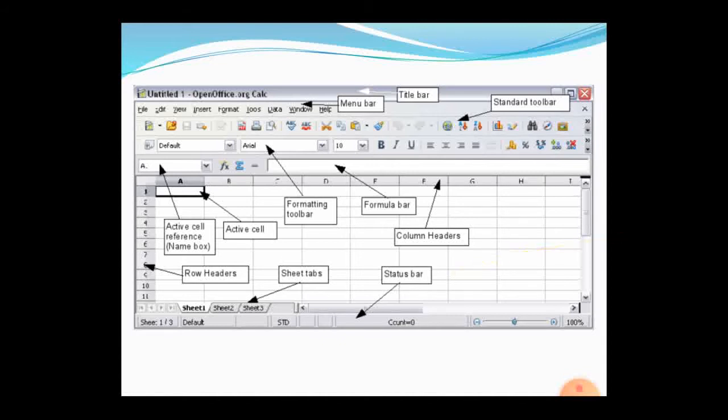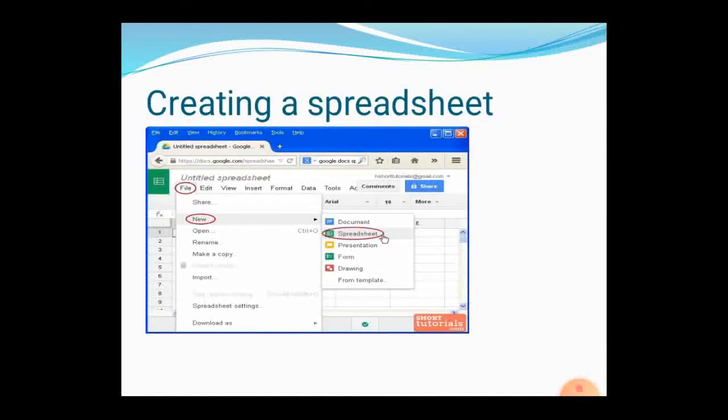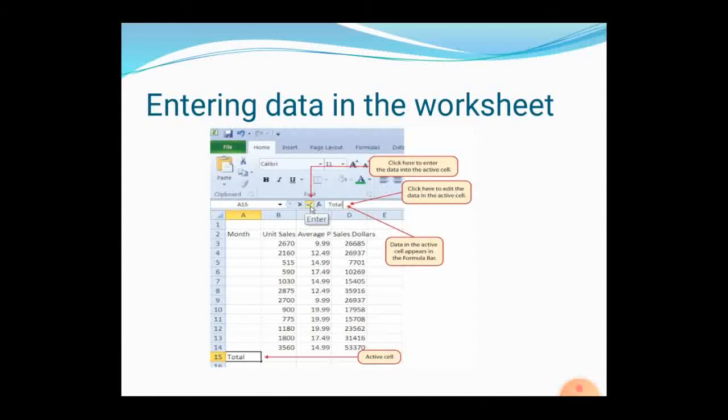Okay. So how to create a spreadsheet? It is a simple method. We have to go to the file tab. In it you have to select new. In the new icon you will get an arrow, and in it you will see document, spreadsheet, presentation, form, drawing. In it you have to select spreadsheet so that a blank spreadsheet will be visible. A blank spreadsheet includes rows and columns.